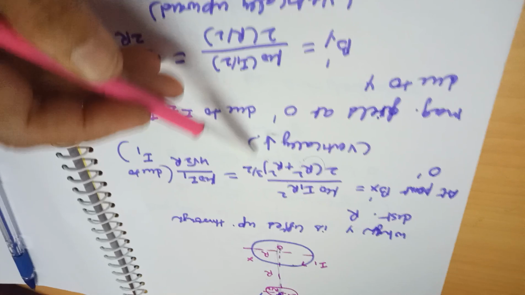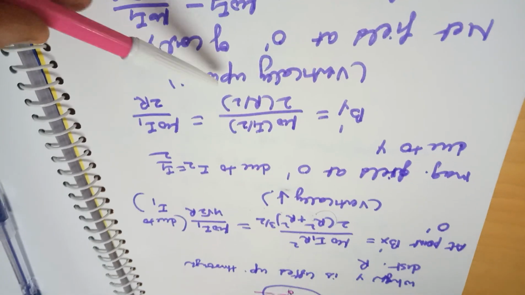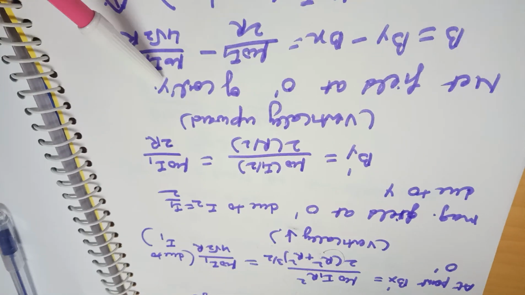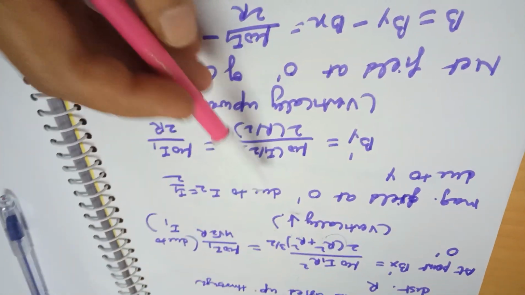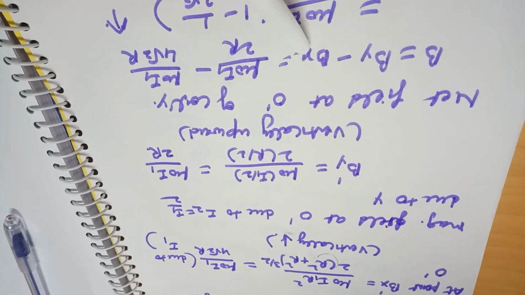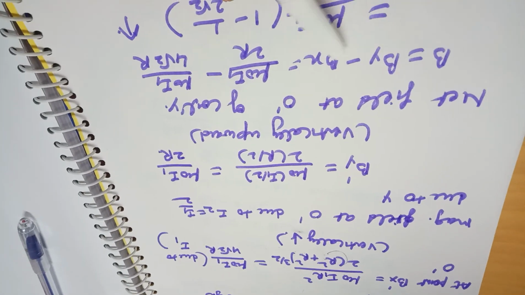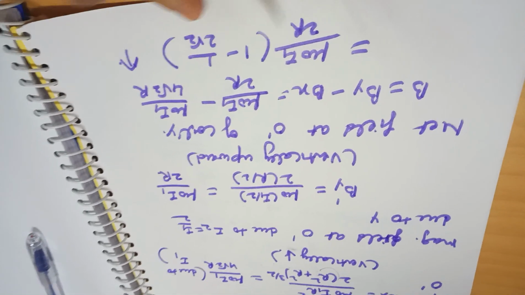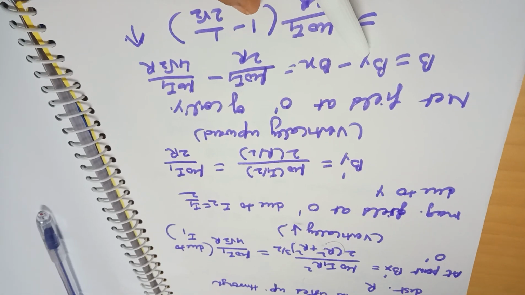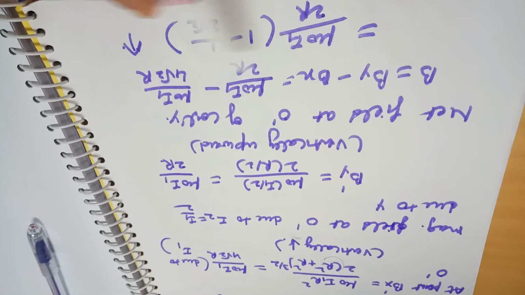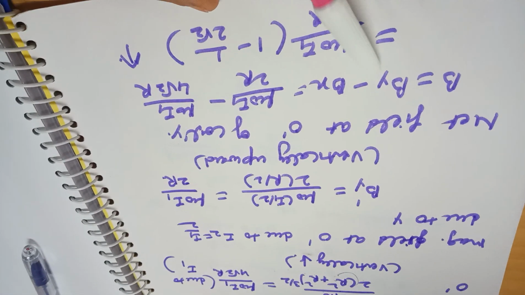So this field you have got at O dash vertically downward, and this field you have got at O dash vertically upward. So the net field at O dash will be what? Which is greater? Greater is Y. By is greater than Bx. So the net field B is equal to By minus Bx. You will substitute both the values and you will get this answer. Since By is acting vertically upward, the net magnetic field will also be in the direction of the greater magnetic field. So the direction of the net magnetic field at the point O dash will be vertically upward, along the direction of By.